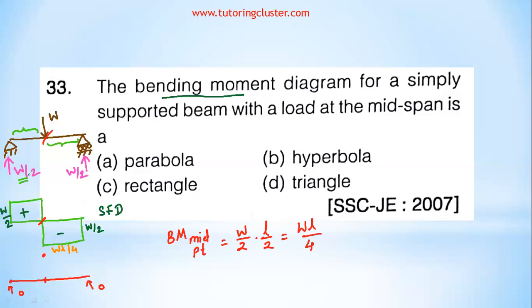Now, see how to construct the BMD. This line is of degree how much? It is of 0 degree. So you have to add 1. So your bending moment will be linear. It will be of degree 1. Okay, it's a linear line. So y is equal to mx. So degree is 1 here. Okay, so what is the shape of the bending moment diagram? It's a triangle. Is it right? Is it clear to you?